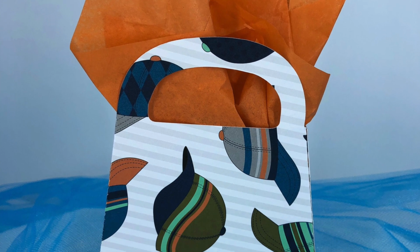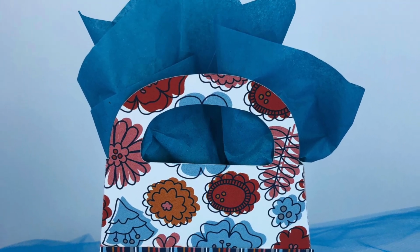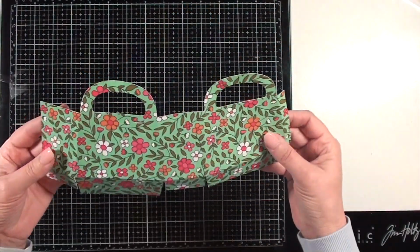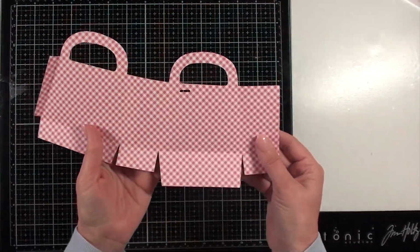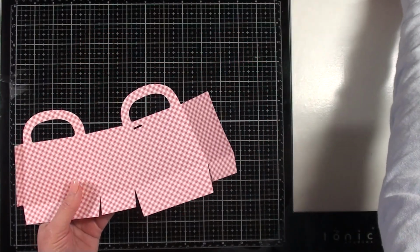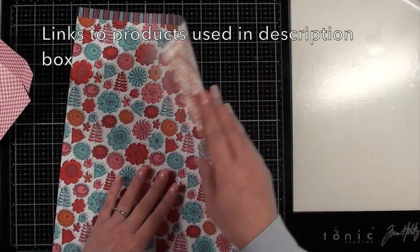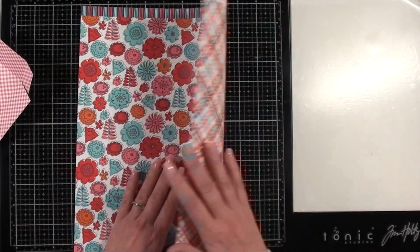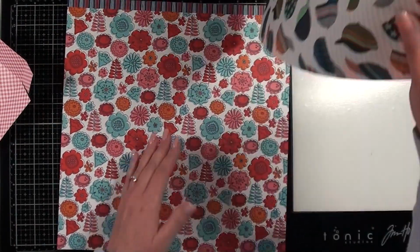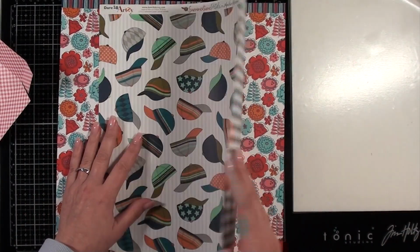I'll be showing you how I created these three little gift boxes using double-sided pattern paper from Dare to Be Artsy. So here's one example that I've already cut out. I just wanted to show you that overall on a 12 by 12 piece of paper, you can get two of them cut out of a single 12 by 12 piece of paper,